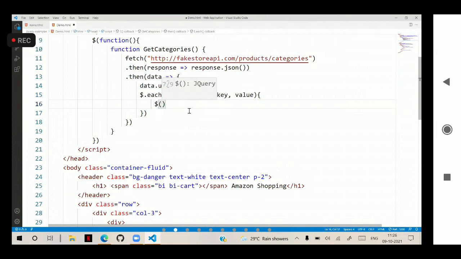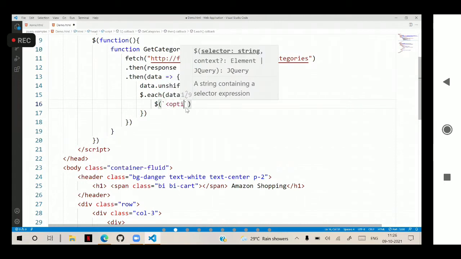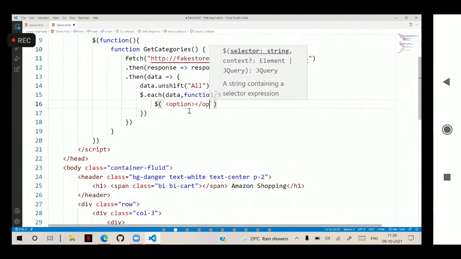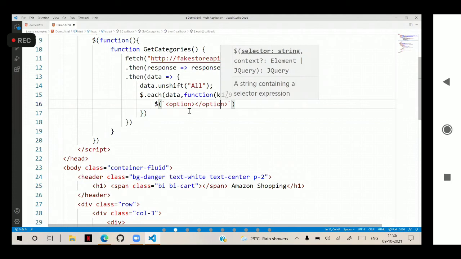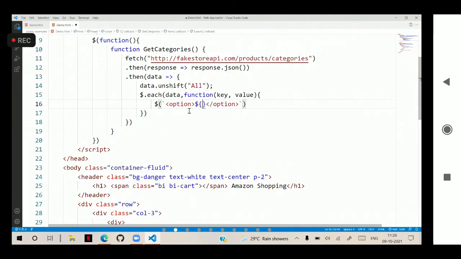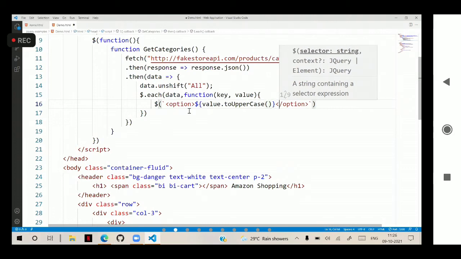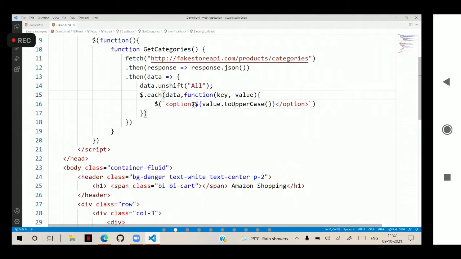We will dynamically create an option. Into this option we put the expression value.toUpperCase, so we are converting it into uppercase, and here we are configuring the value.